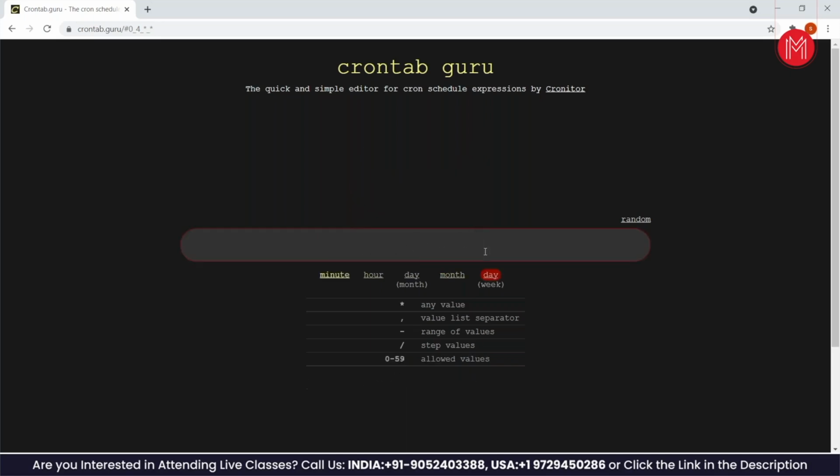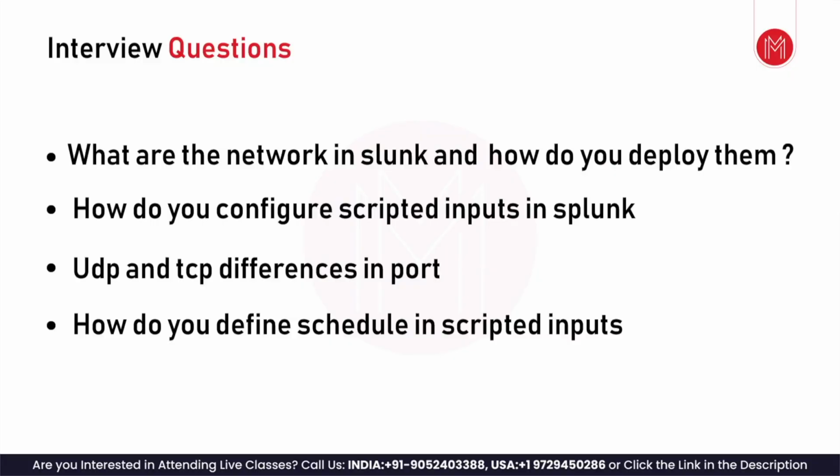You can apply your own schedule and verify how it is running, and that is how you can learn about these cron schedules. So basically we are going to define with either cron schedules